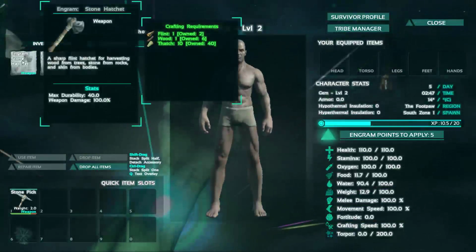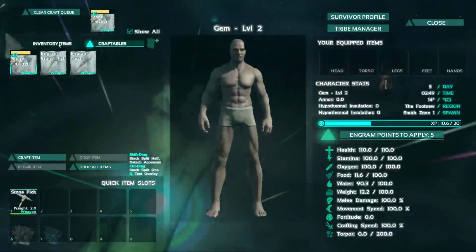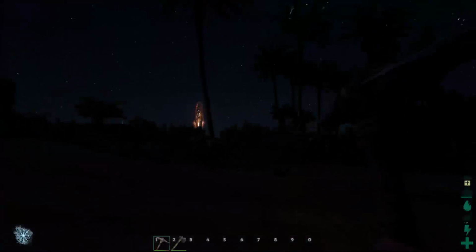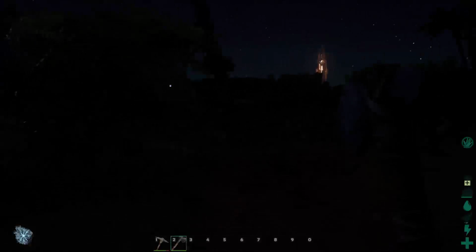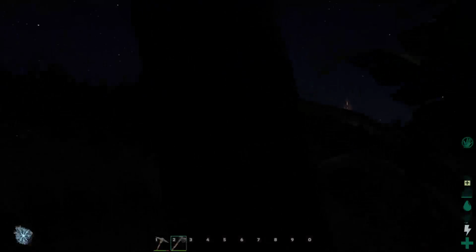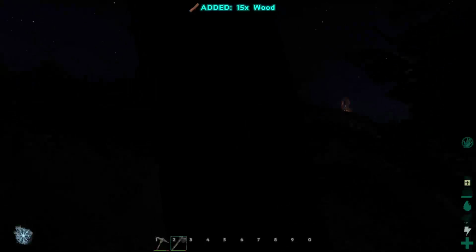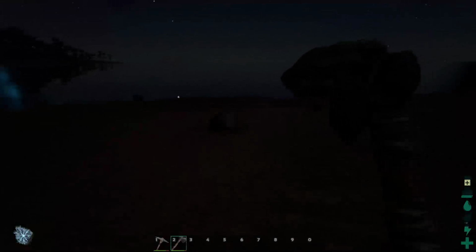Now, the next thing I want to make is the stone hatchet. So double click it, it goes to crafting. Back to inventory and drag it down here. Now, like I said, on the first one with the pick, you got more thatch than wood. So we hit 2 and switch over to our axe. And our axe will get more wood than thatch. Like that. Alright. So that is how...